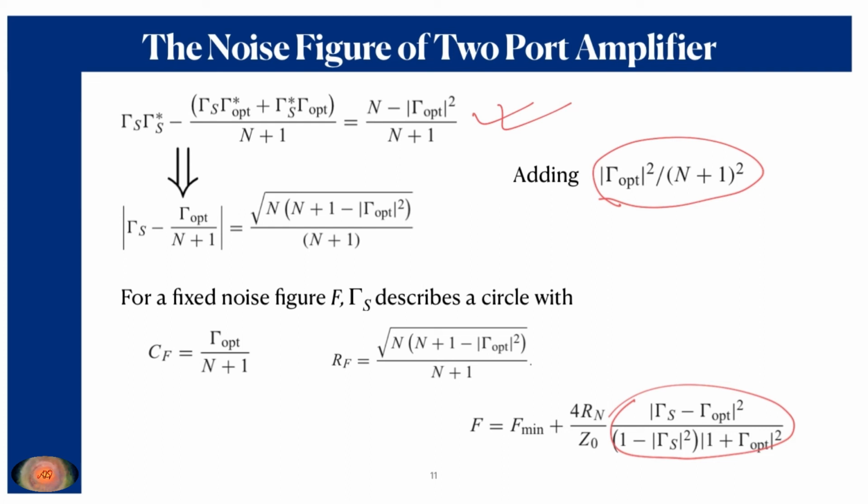But unfortunately, you cannot choose the center of the gamma s at the exact gamma optimum, because that may violate the stability condition that I have already discussed in my previous lecture, where a similar circle was described by the gamma s with a different expression for the center and a different expression for the radius. So when you superimpose that circle over the Smith chart, the stability circle associated with the gamma s describes one circle, whereas the noise figure associated with the gamma s describes another circle.